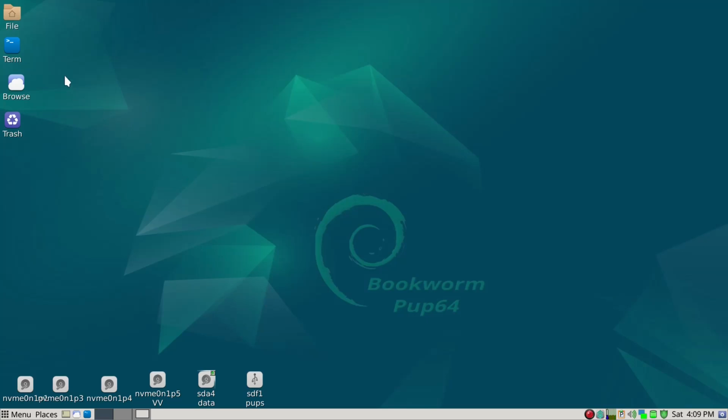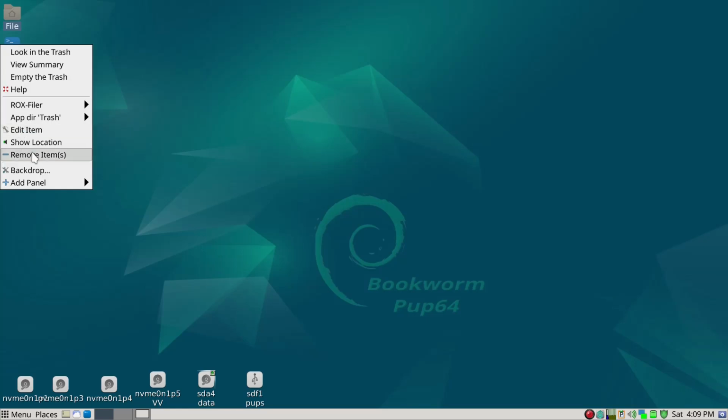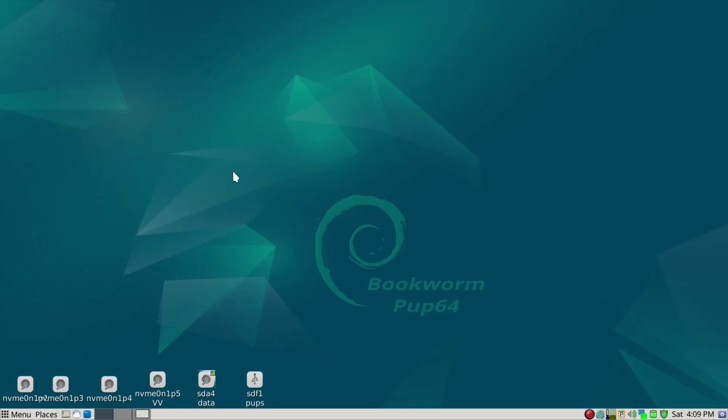And then if you want, I prefer these to be removed, so control and left mouse click and then right mouse click, remove items. So that's it for part two. And then we will